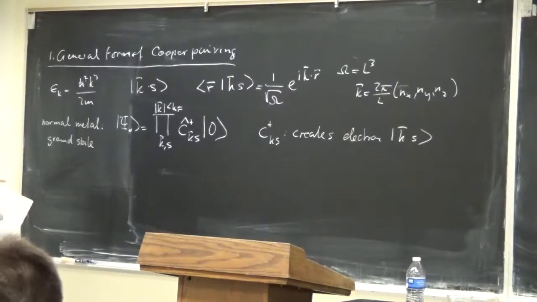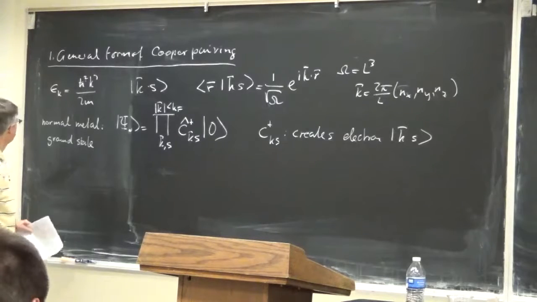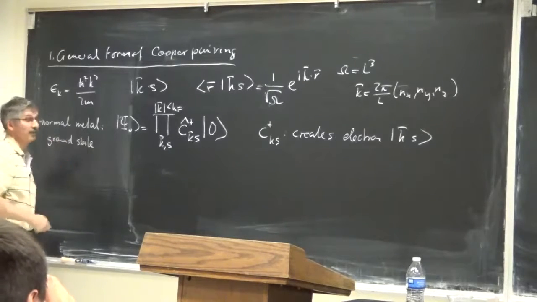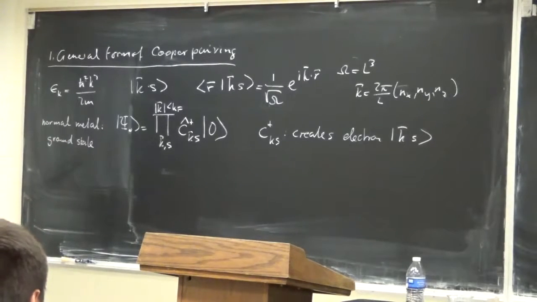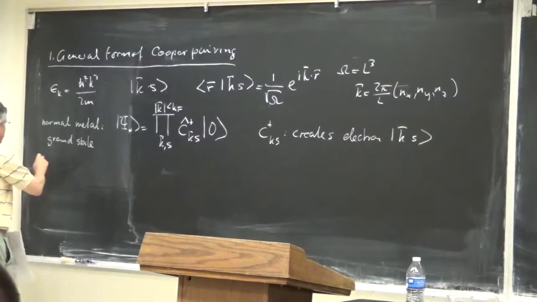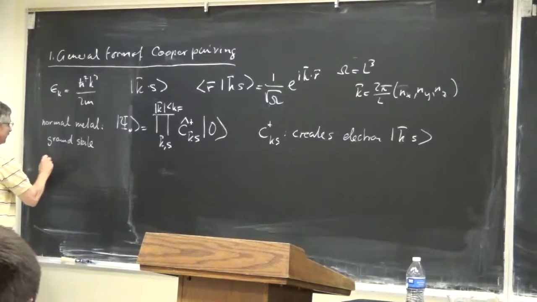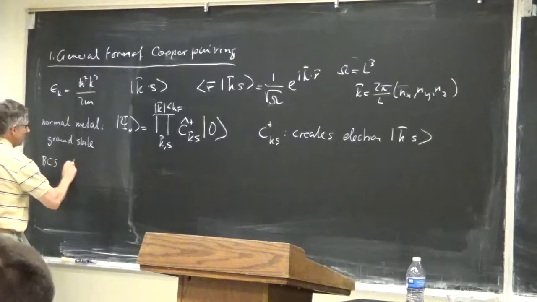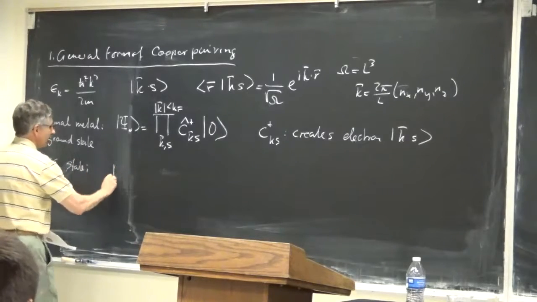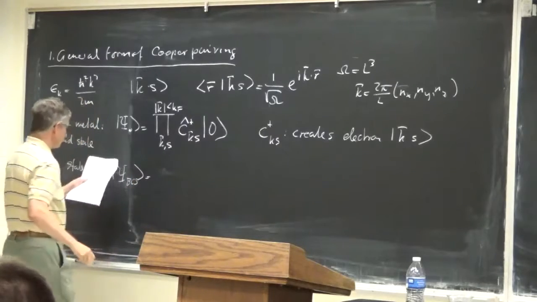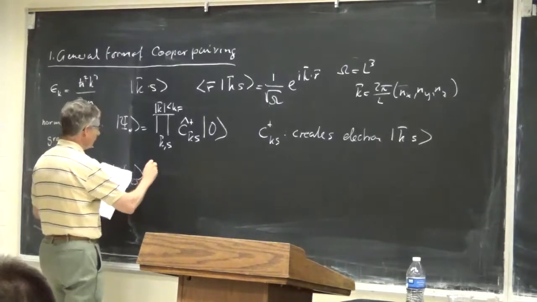Now, when I look at the BCS state, the state Bardeen, Cooper, and Schrieffer introduced, it is a different ground state, and so the normal metal may be unstable against such a state, which lowers its energy. And so the BCS ground state, the way it was given by Bardeen, Cooper, Schrieffer, is